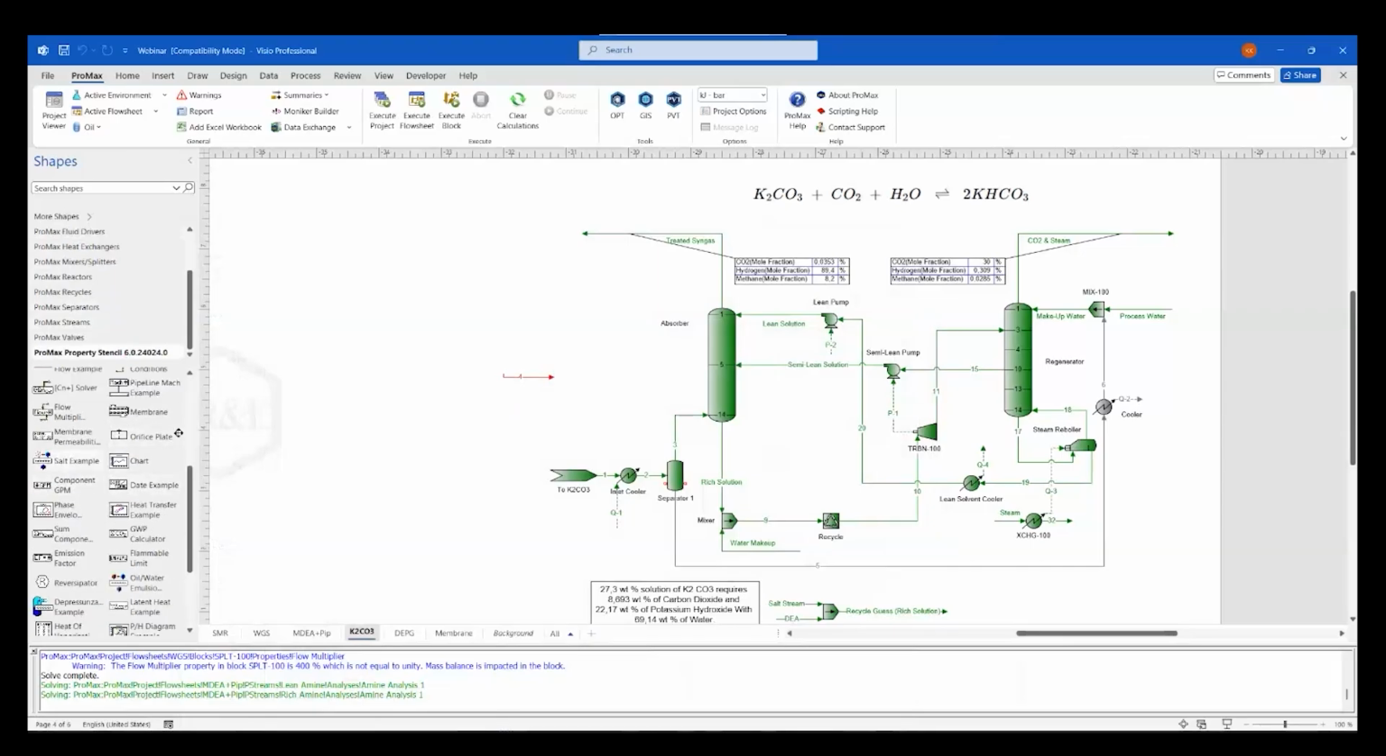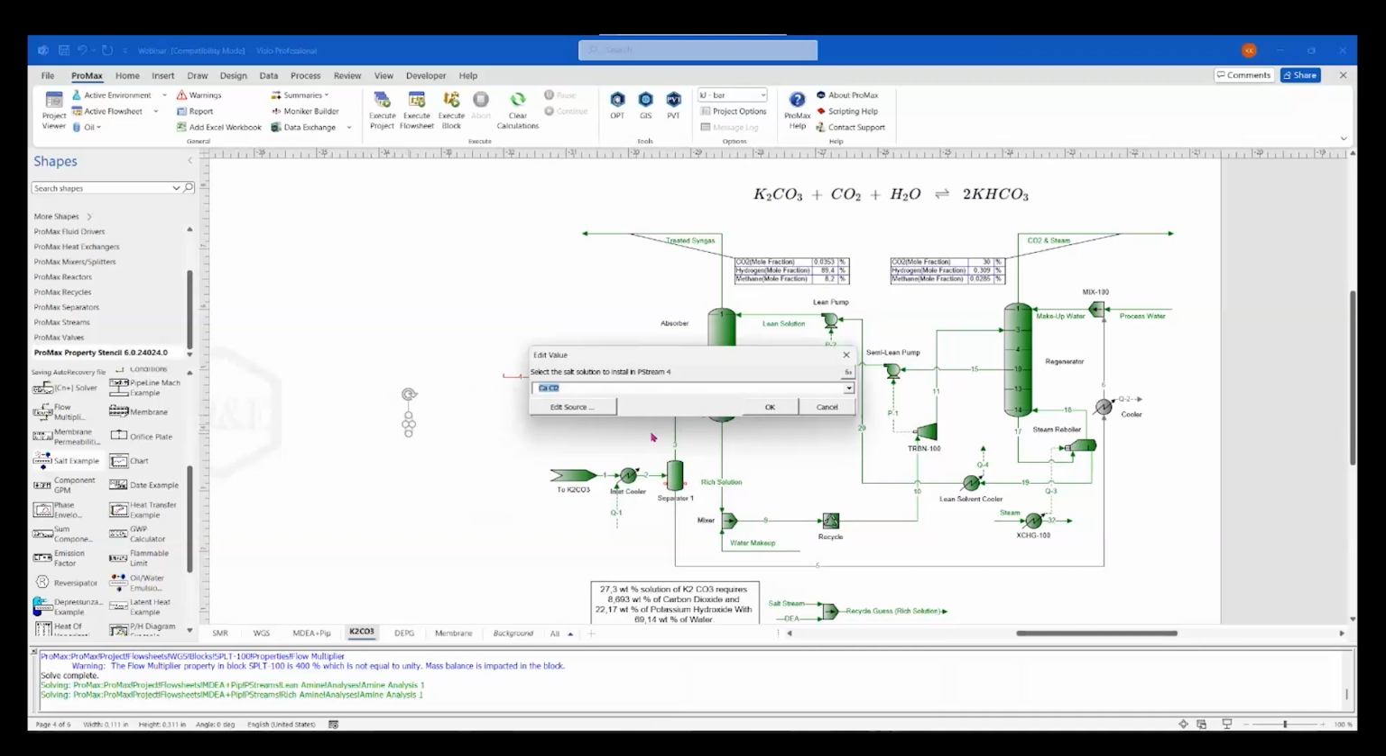shapes again and take the salt example. When you take the salt example, it will ask you which stream you want to specify. We want to specify stream number 4. So stream number 4, hit OK. Now ProMax will ask you which salt you want to create. If I open the drop-down menu, I can see all available salts which you can create inside ProMax in the electrolytic package. But what we want